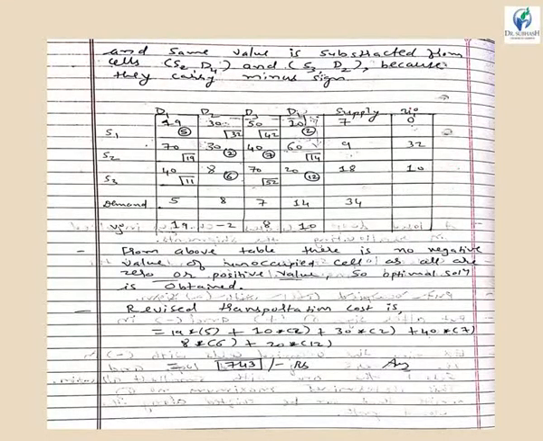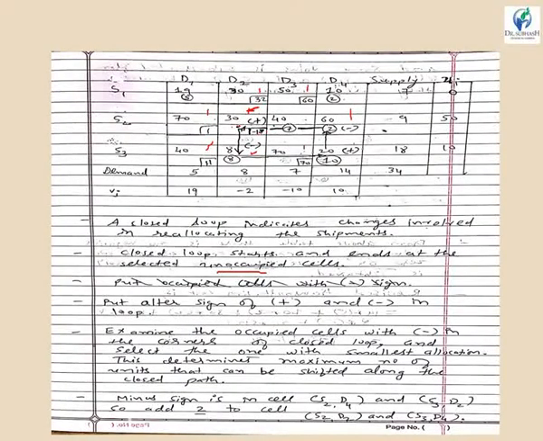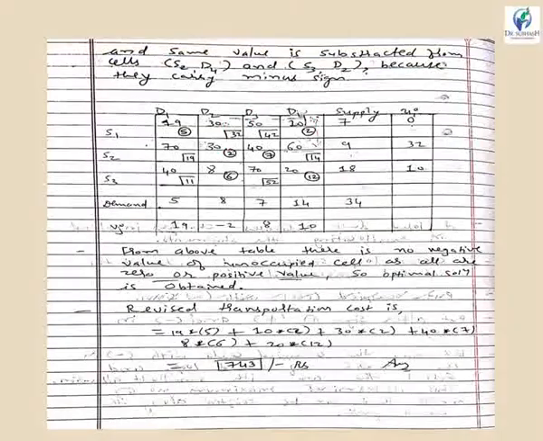So again I have drawn the table. These are the values of U for U1, U2 and U3 that we had already obtained in our previous slides. U1 we had assumed 0, U2 is 32, U3 this, and V1, V2, V3 and V4. Now this is the table. Now you can see from the previous table, here there was no allocation, this was our unoccupied cell, but after drawing the closed loop, we have come to a situation where we can add these 2 units in this unoccupied cell. So you can see over here this 2 is added.